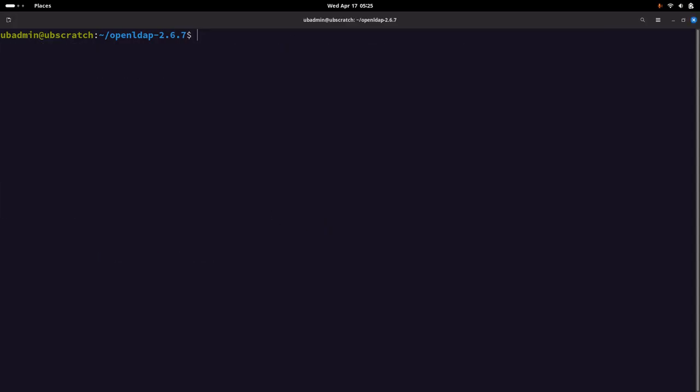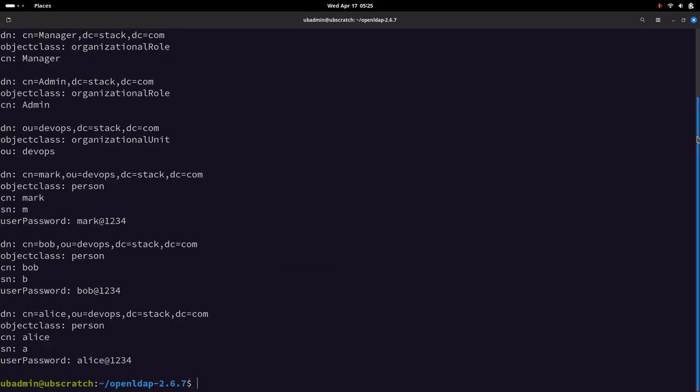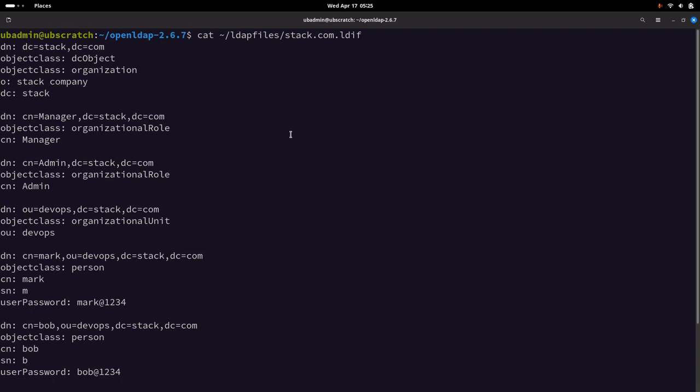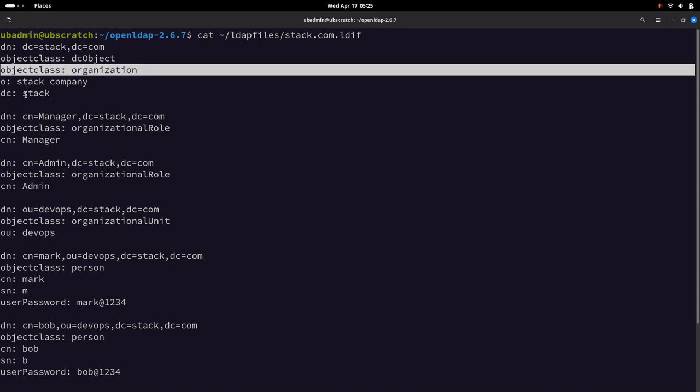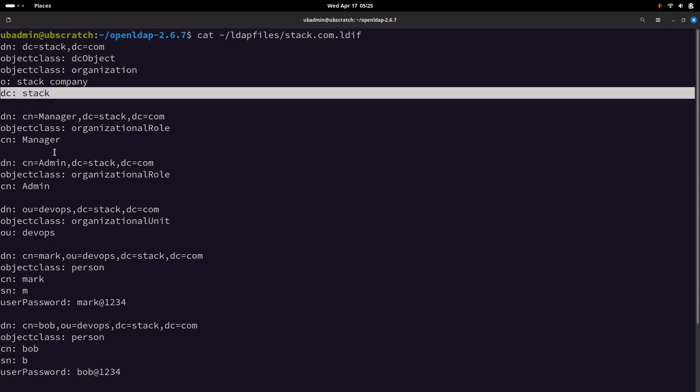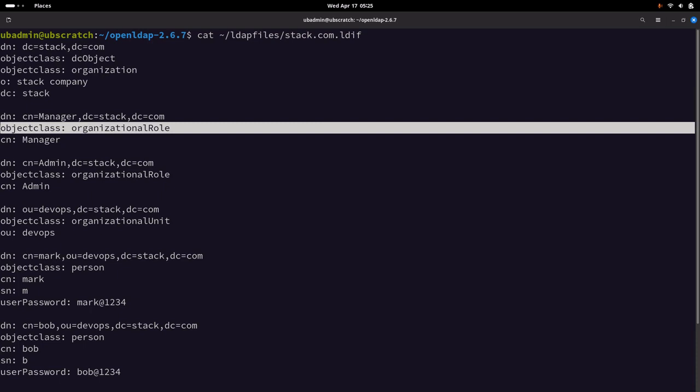So let me show you that file. These are all the entries that we are going to create in our LDAP directory. This is the organization that we are going to create, the stack organization, and underneath this we are going to create a manager